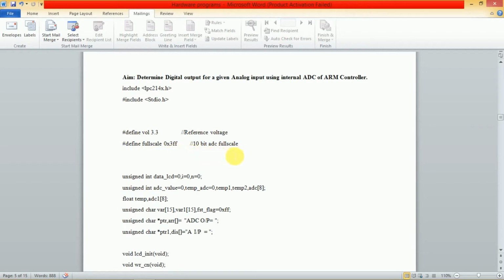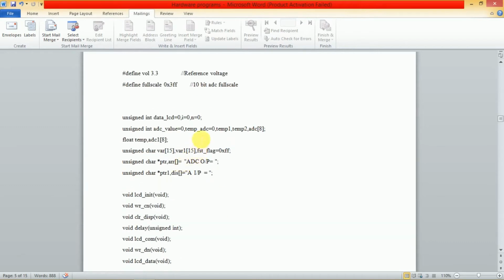10 bit full scale. So unsigned integer data LCD 0, i is equal to 0, and the termination value n is equal to 0. Unsigned integer you can declare in C language. Analog to digital converter value at the beginning you can set 0, and temporary ADC is equal to 0, temporary 1, temporary 2. You can declare it as analog to digital 8 characters.